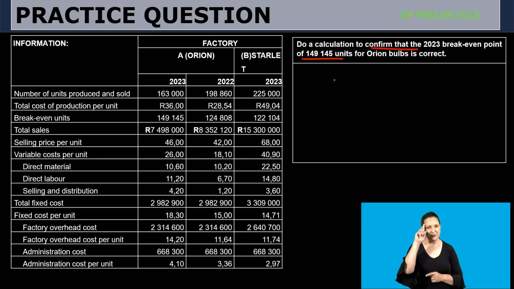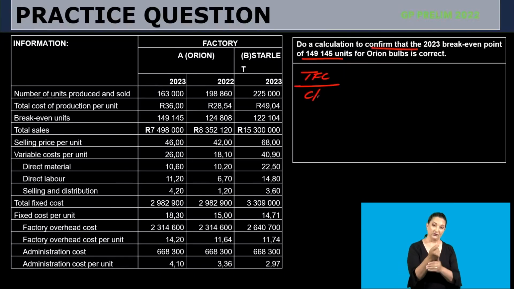In order for you to do that, remember the formula to calculate break-even point. It is your total fixed cost over your contribution per unit. Contribution per unit is selling price per unit minus variable cost per unit. So we come here and then we now say, how do I get my total fixed cost? Here, remember, we are calculating for the Orion bulbs. So we're going to come to the Orion bulbs in 2023, and then we want our total fixed cost, which is your